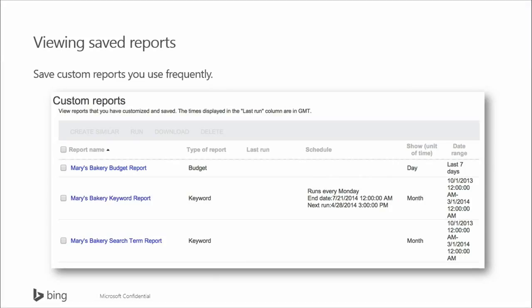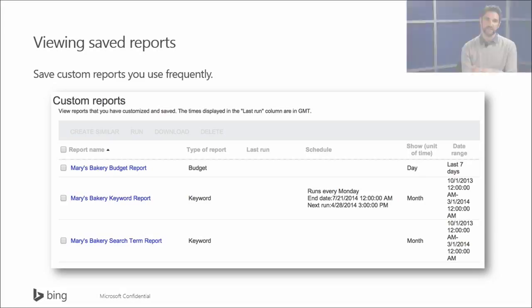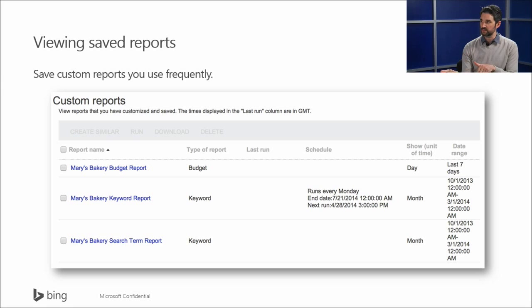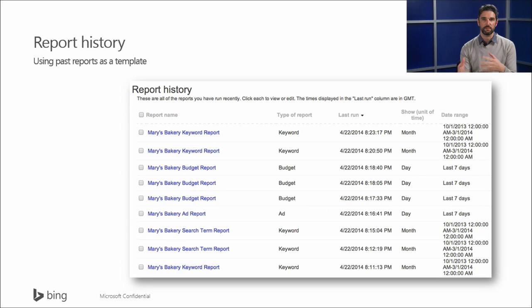That being said, we're going to save some of these reports. For those of you that are new to Bing Ads, go ahead and save all of the most pertinent reports that you would use all the time. One might be, as in the example here, a keyword report. As you're going through that search terms report, Bethany, you said once a week or depending on how often we're going through that, we're going to match up what kind of terms are showing for our broad matches and how well they're performing. How well are our overall keywords performing after the fact? There's just a number of different reports that we're going to want to save. And I think a huge part here as well